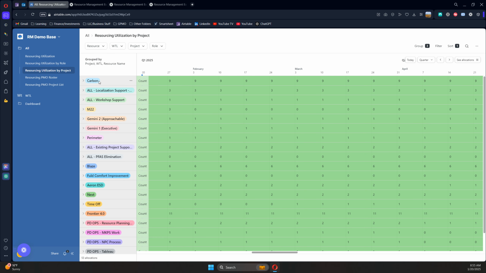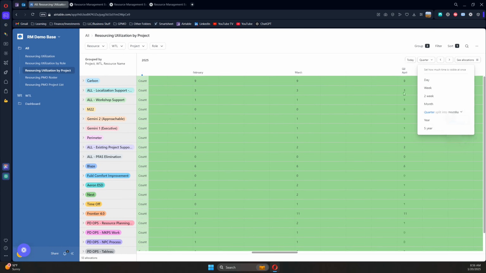Then we've got project, very similar view, group by project. The main difference here is that you see a count here instead of utilization at the top level. This is showing you that there are 9 people assigned to carbon. So if we're here, I'll change this out into months. I can see that there's 9 people assigned each month for that carbon project. If you had a different number of people assigned at some point throughout a project, you would see that difference